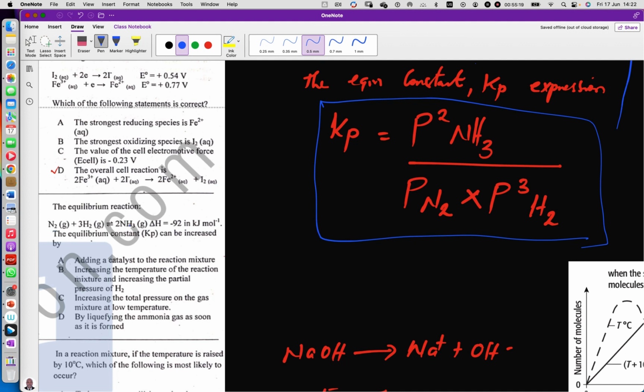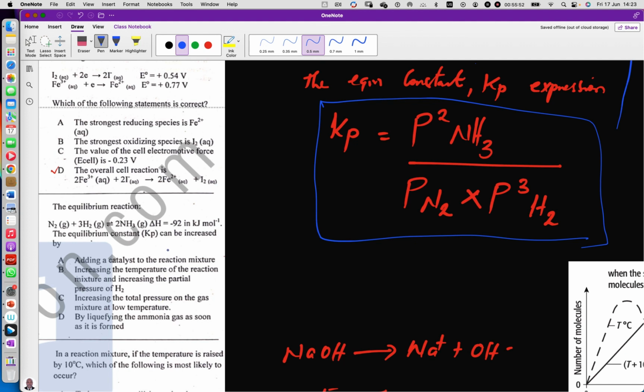So what condition is required to increase the number of moles of ammonia that will give us a higher Kp? In that case, adding a catalyst will not do anything. Increasing the temperature will instead decrease ammonia concentration. Increasing the total pressure on the gas mixture at a low temperature, yes, because according to Le Chatelier's principle,